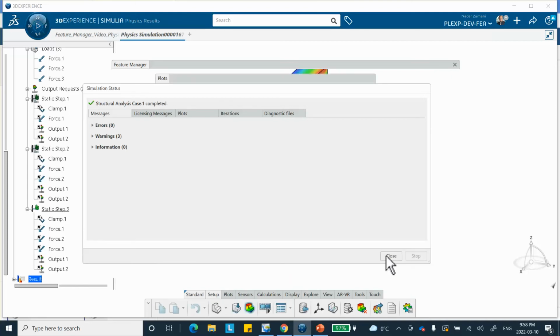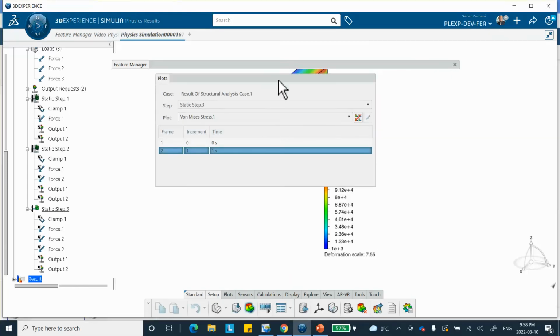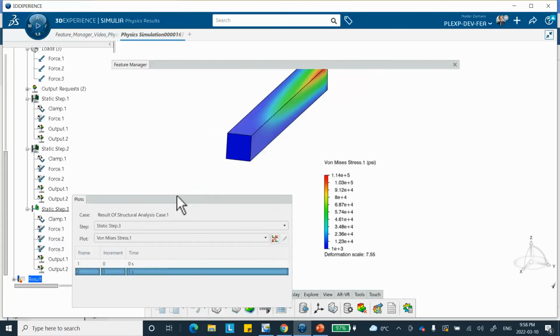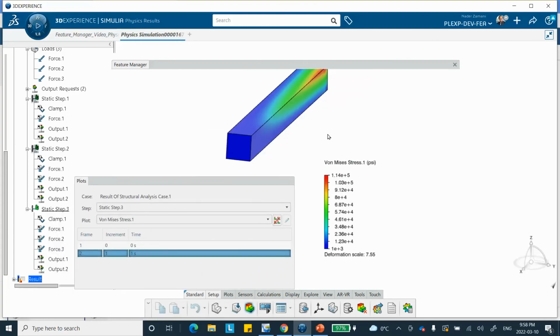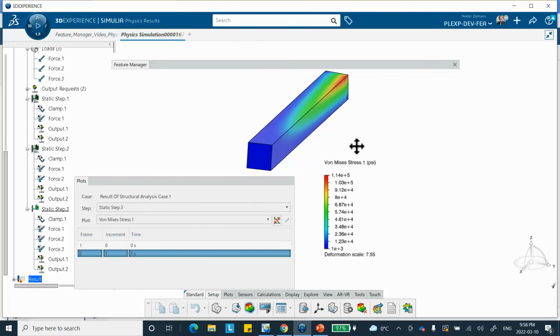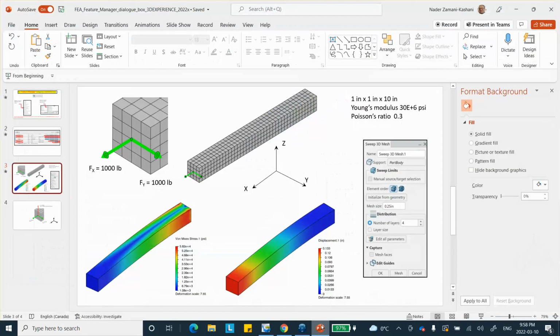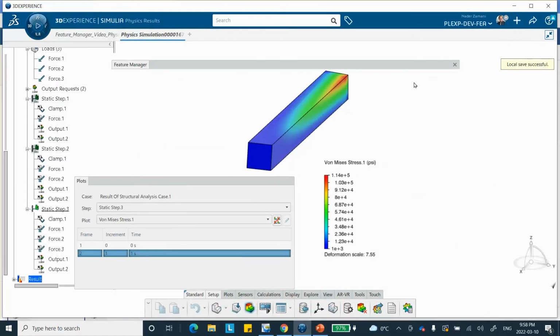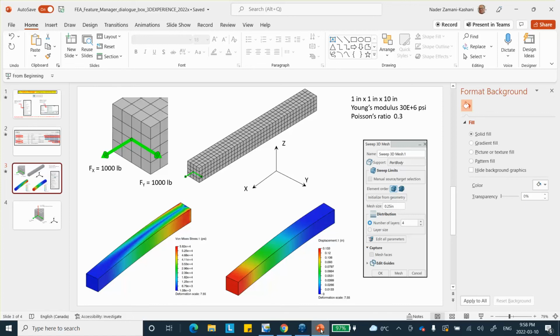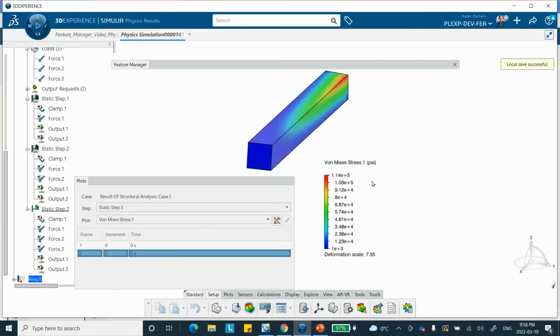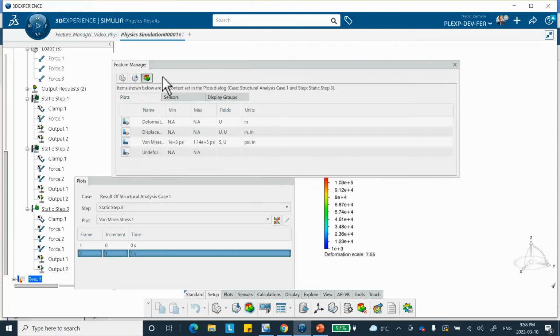Okay, good. This is finished. So it's not surprising that the von Mises stress does not look like this, and the numbers are not the same. Okay, and I just noticed something here. Yeah, that's good. All right, and so what I'm going to do is go to that